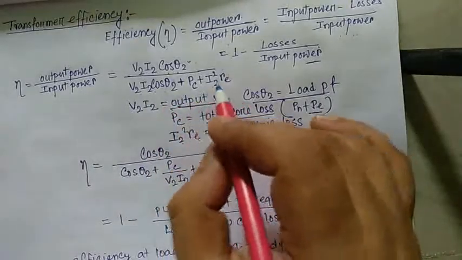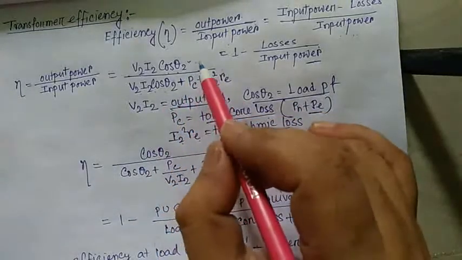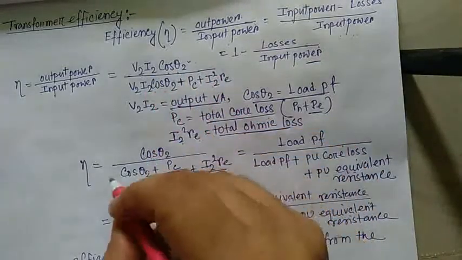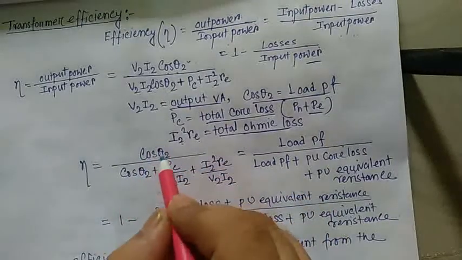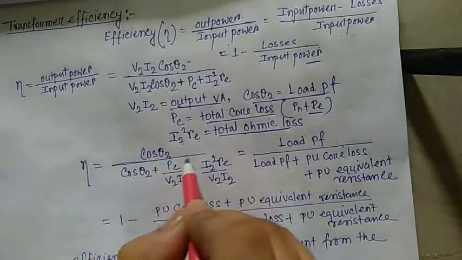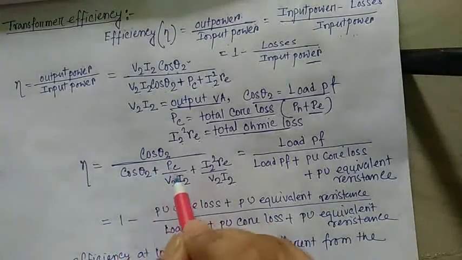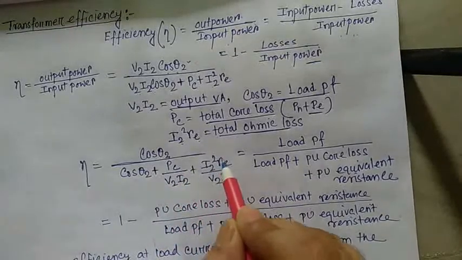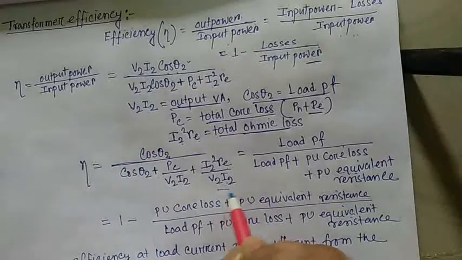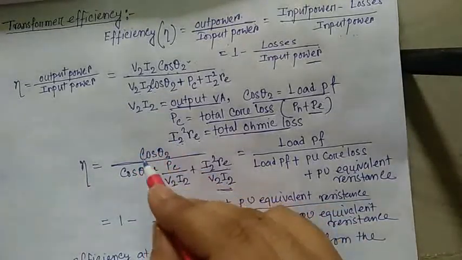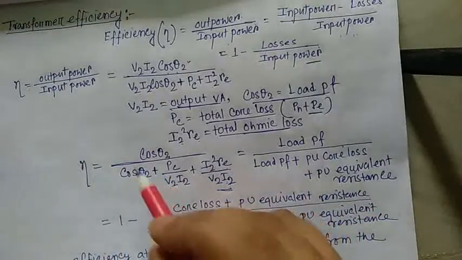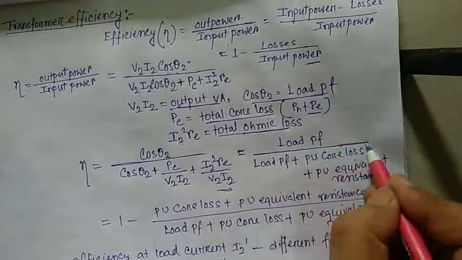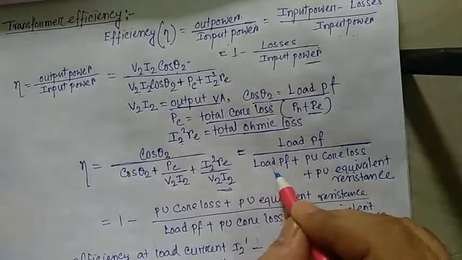Now dividing numerator and denominator by V2 I2, so η is cos theta 2 divided by cos theta 2 plus PC divided by V2 I2 plus I2 square RE divided by V2 I2. Now this cos theta 2 is the load power factor. So η, that is the efficiency of the transformer, can be written as load power factor divided by load power factor plus